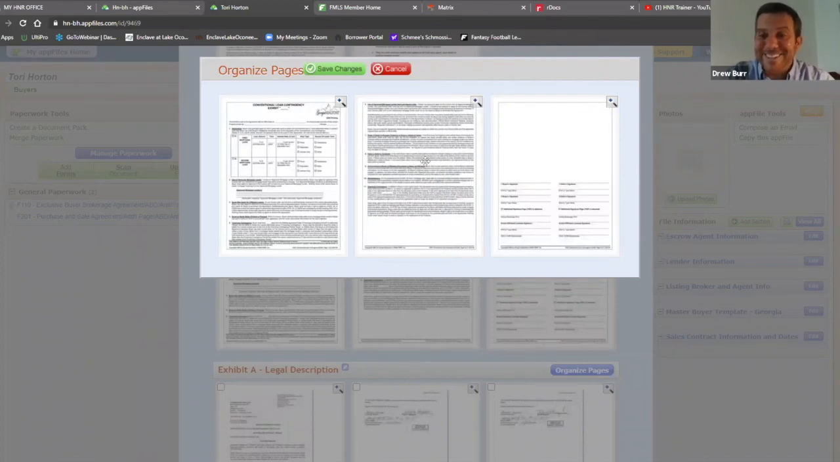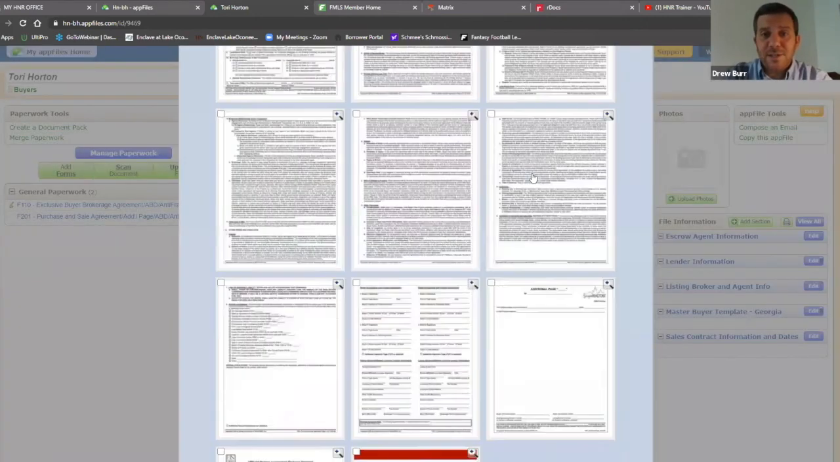Not bad, right? So say you uploaded a PDF, you scanned it in on the scanner and you realized, oh my God, page 16 is supposed to be at page 2. You could easily just move page 16 to page 2 right here. This is where you could do it. So my recommendation is